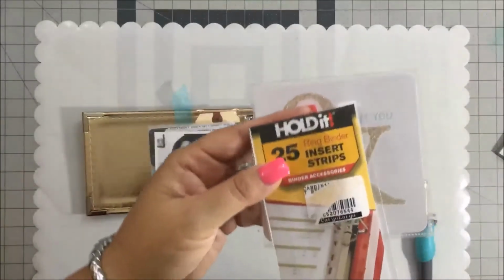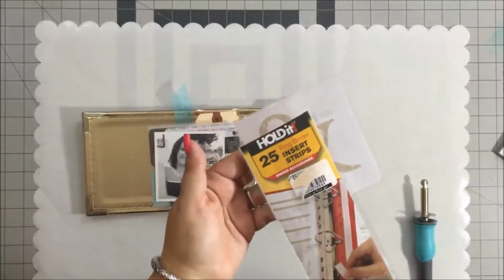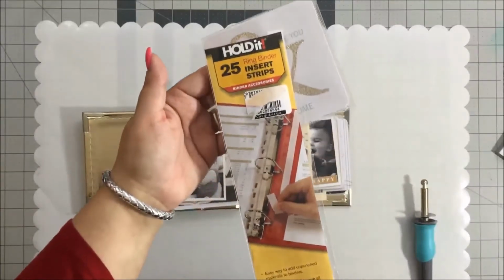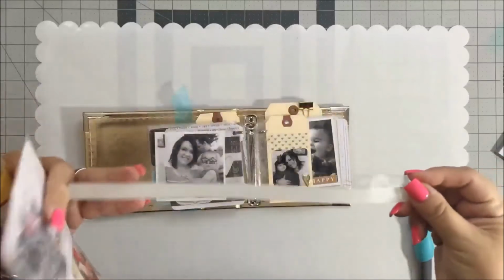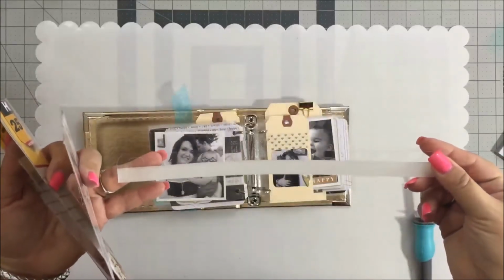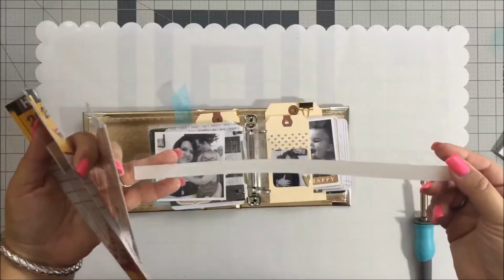They're called Hold It. Try to get it in the picture. Can you see that there? Okay. I think they're by Cardinal. Cardinal makes them, and they're Hold It. And what they are is binder strips, and they come in long sheets like this, or long strips, and they're for adding things, inserting things